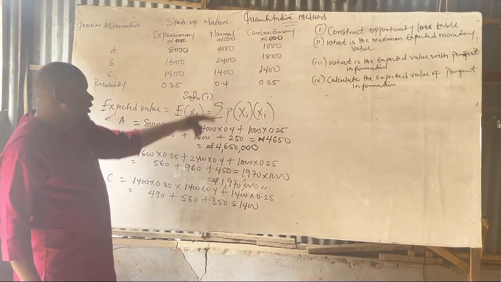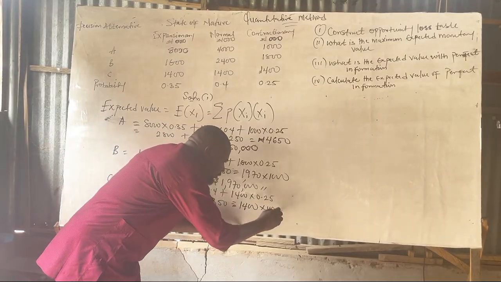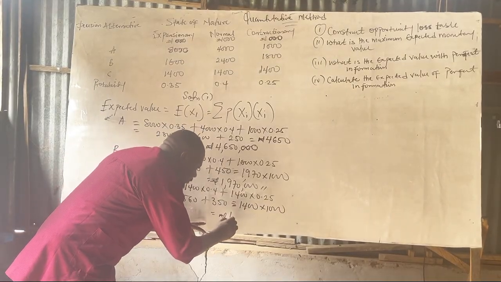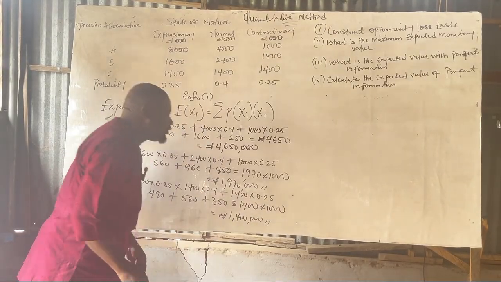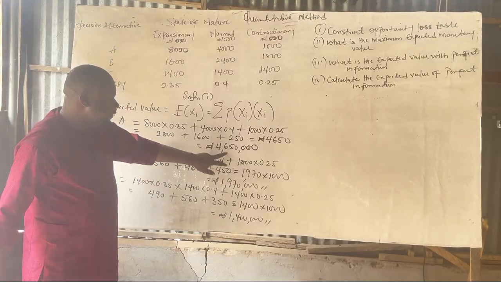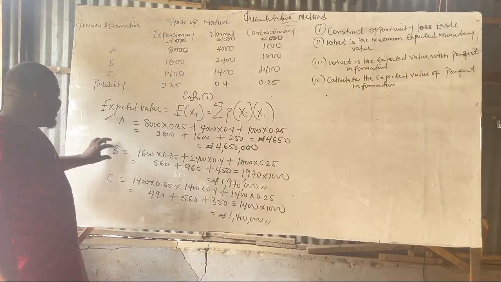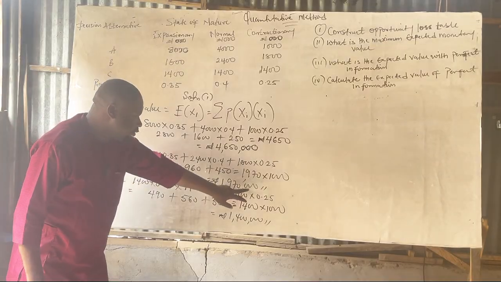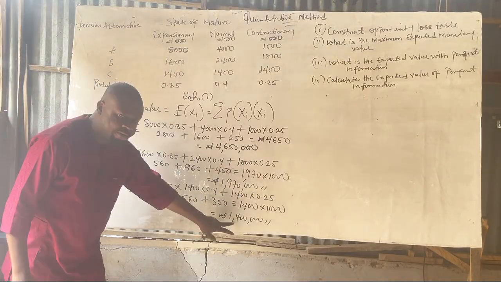Now take it to million, times 1,000. That will now give us 1,400,000. Now the expected value for A is 4,650,000. Expected value for B is 1,970,000. Expected value for C is